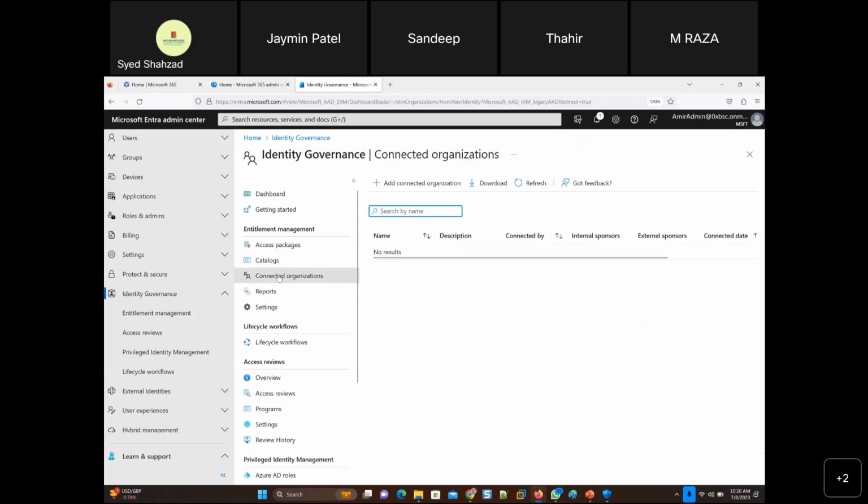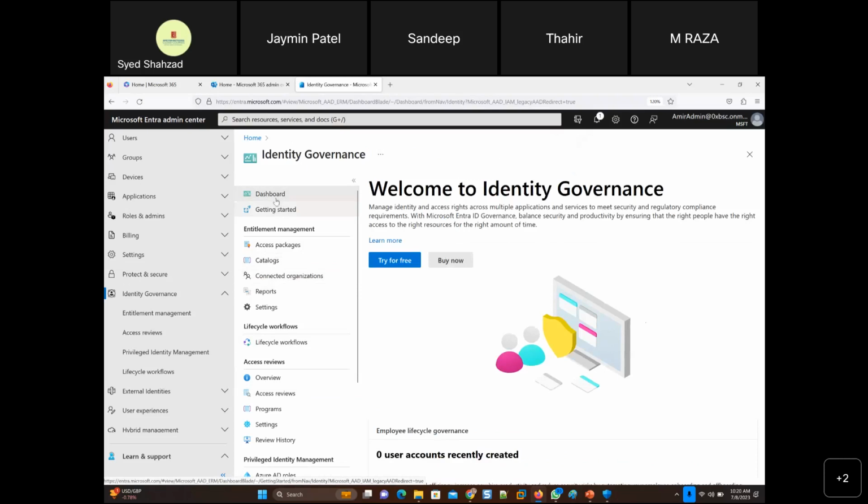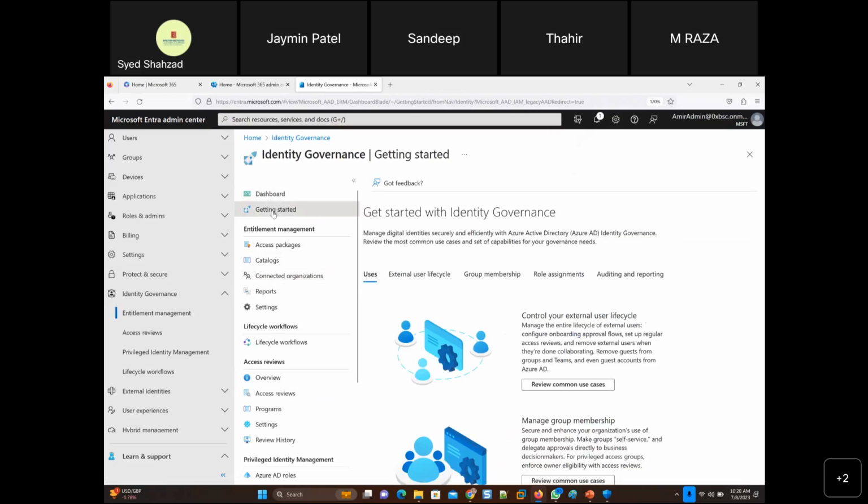Connected organizations, actually, we should be going for the dashboard, because this will all come within one or two of the dashboard. So I'm going to go to getting started, because there are some main features here that I want to show you in identity governance. It is very important. It will come in your interviews. It will come in the exam. And if you already are handling Microsoft Azure and Microsoft 365 in your company, then you must implement all these. I have implemented this access review, and so far it's going on fine.